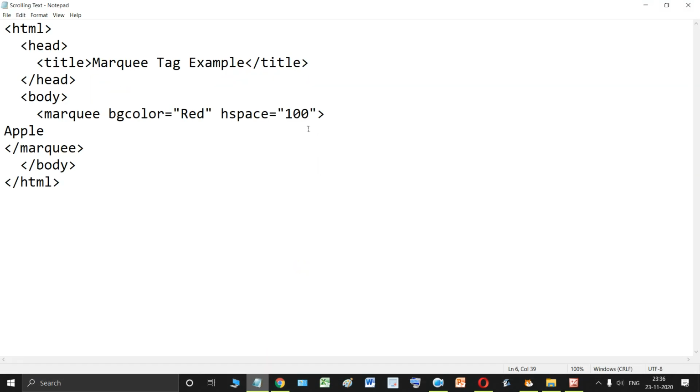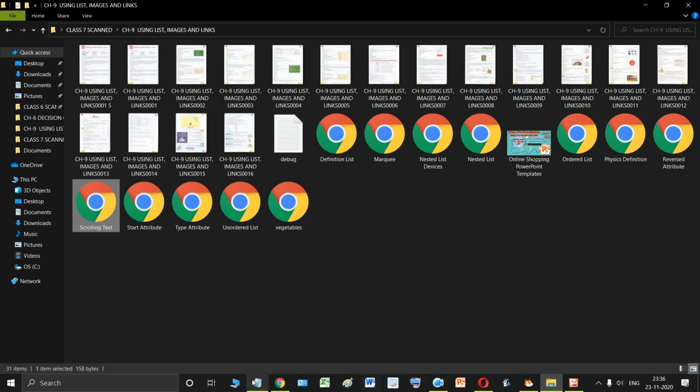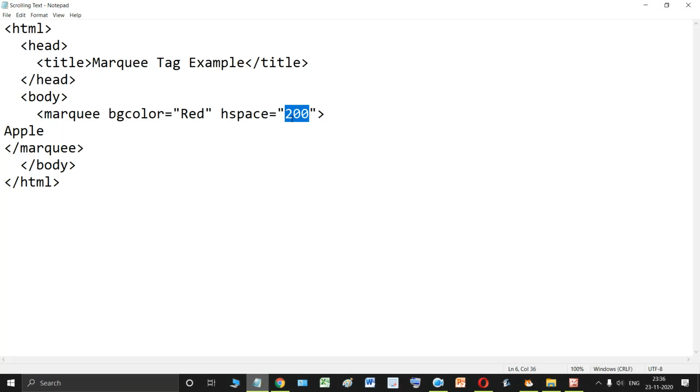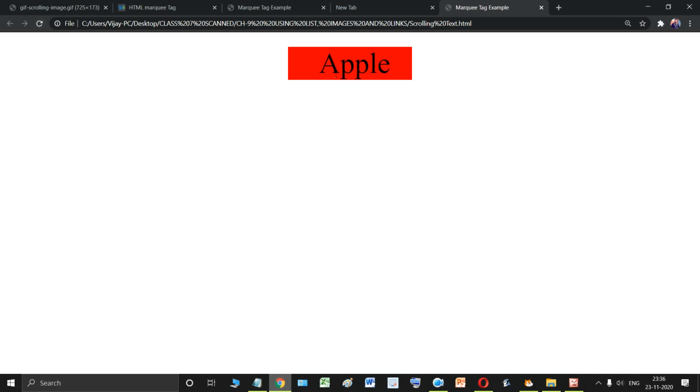If you increase the value, more space will be taken up. 200 is a lot of value, so let me decrease the value. 200 is a very huge value. 150. It is exceeding the width of the page. Right now, see, 150 space is left from here to here and 150 space is left from here to here. Okay, so this is your H space attribute.